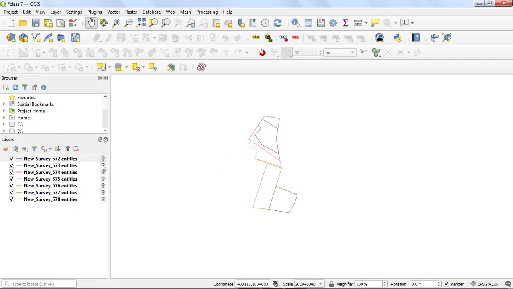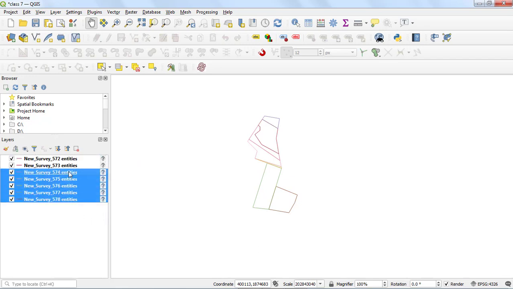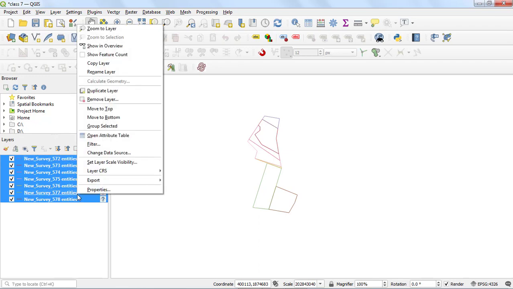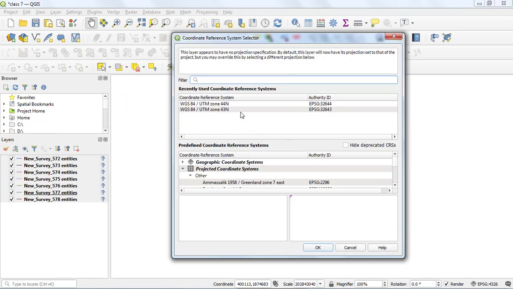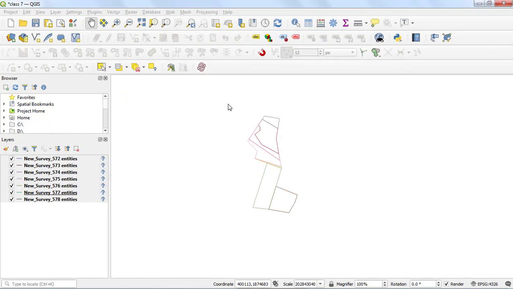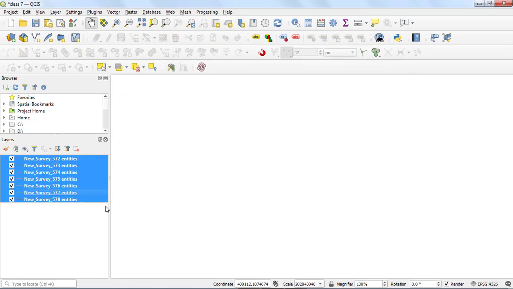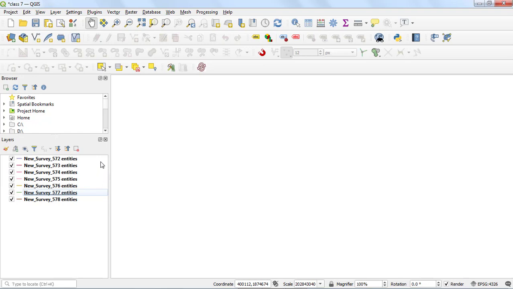Here we can see there is a question mark showing. To remove this question mark, we need to set the coordinate reference system. Select all layers, right click, and choose Layer CRS, Set Layer CRS, and here I am going to select 44N, and we can see the question marks are removed.